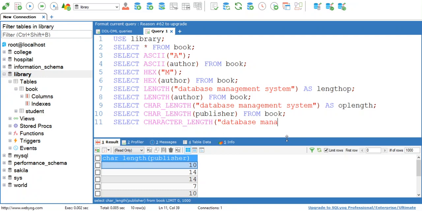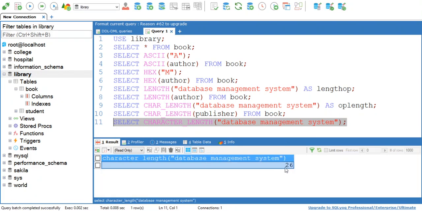Some of the database tools support the length function, some may support char length, or some may support character length. So this SQL tool is supporting all these three functions. That's why these three different functions are there for the same purpose.